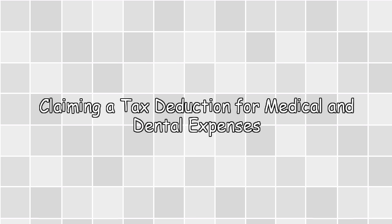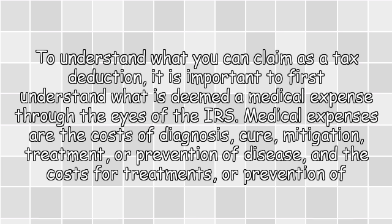Claiming a tax deduction for medical and dental expenses. To understand what you can claim as a tax deduction, it is important to first understand what is deemed a medical expense. Through the eyes of the IRS, medical expenses are the costs of diagnosis, cure, mitigation, treatment, or prevention